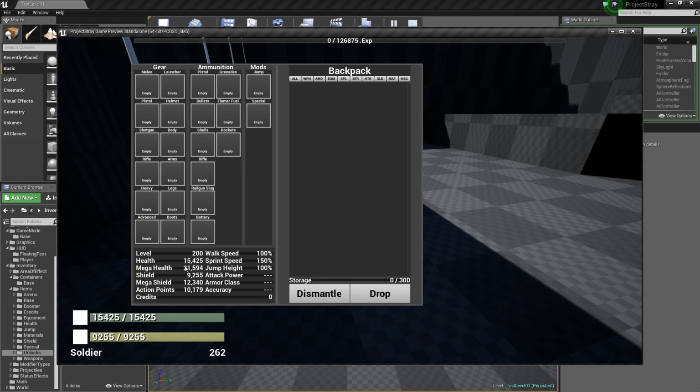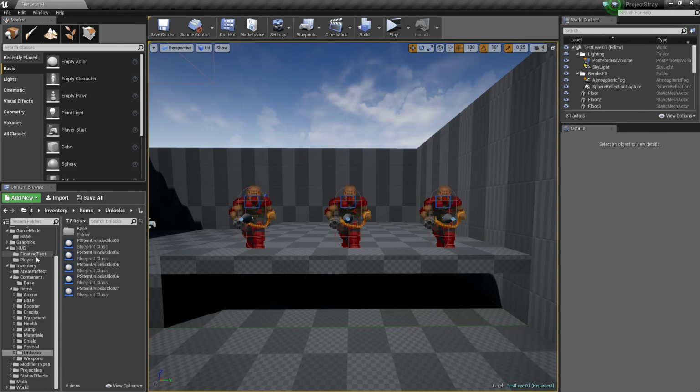But I do have, at level 200, 15,425 health. It's a pretty big, scary number, isn't it? Definitely. Oh yeah, this supports different classes, by the way. I always say I'm going to end the video, and then I remember more stuff. So in the game mode,